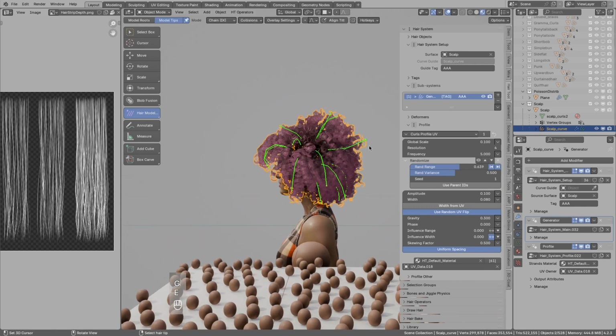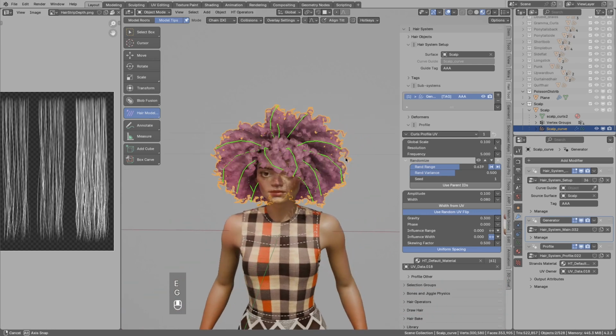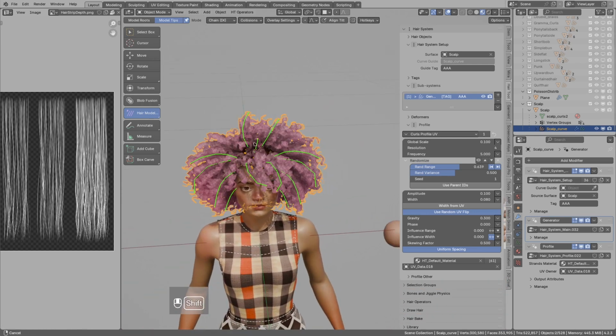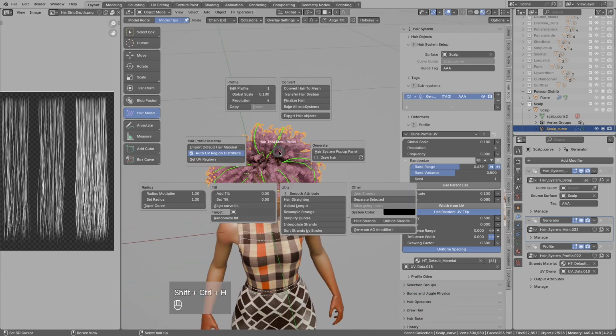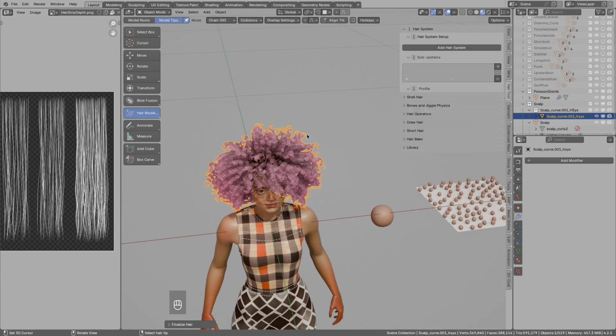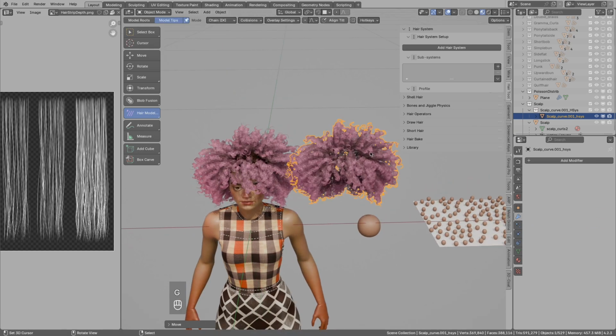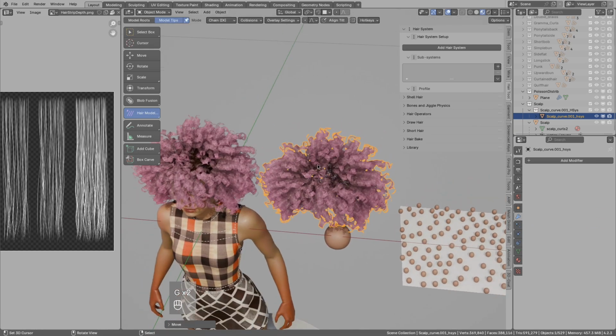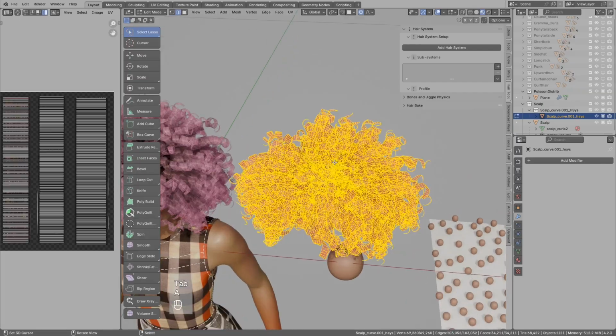So one way, quite fast, is to just select the hair strands, use Ctrl-Shift-H, and in here there is the finalize. Somewhere in here in the convert. In here. Okay, so this will basically create the mesh version of the system.